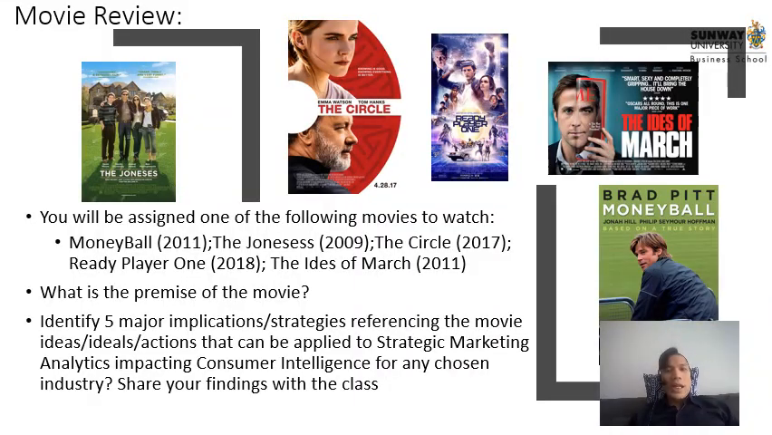Now, as an additional exercise, which is quite interesting, I want you to look at 5 different movies. You don't have to do all 5. Each of you is going to be assigned a different movie, and these are the movies I've chosen for you: Moneyball, The Joneses, The Circle, Ready Player One, and The Ides of March. I want you to write one single paragraph on the premise of the movie,